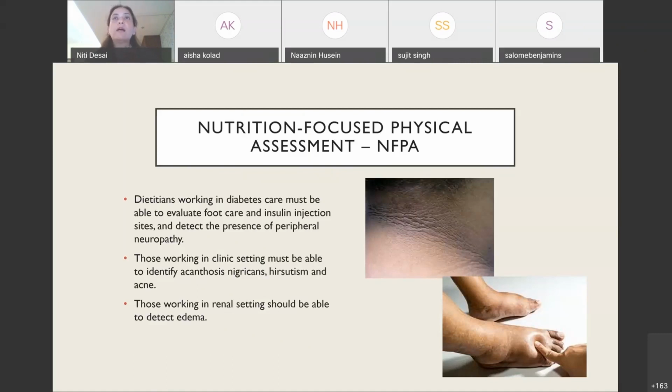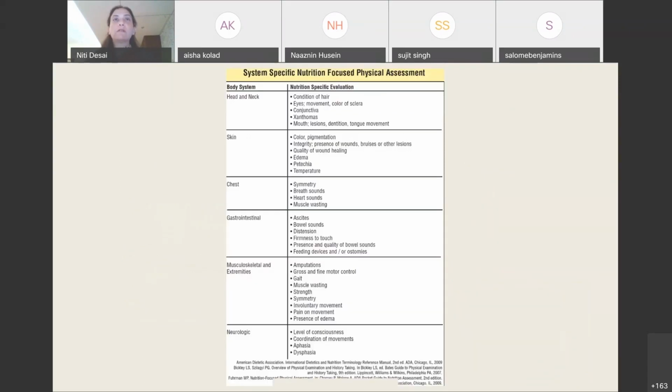So these also are very important factors which add to our gathering of useful data on which we will be basing our nutrition prescription. Of course, in the US, they want the dietitians now to be able to even auscultate and even be able to identify bowel sounds. So they've kind of added some more tools which dietitians should be proficient with.